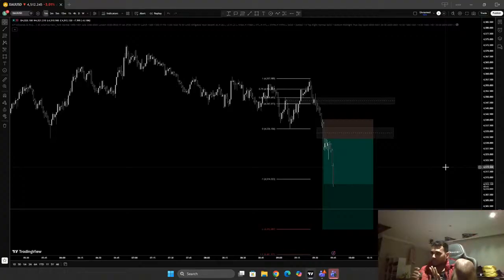Reverse, I break addiction. If it reverses back to break even, I was like, bro, if it reverses back and stops me out at break even, it's created another fair value gap. That means I should break even the trade right now. There is no point in taking that stop loss. Already it's one, it's break even. Another one is also break even. That $20, let's go. Just let it play, $20.